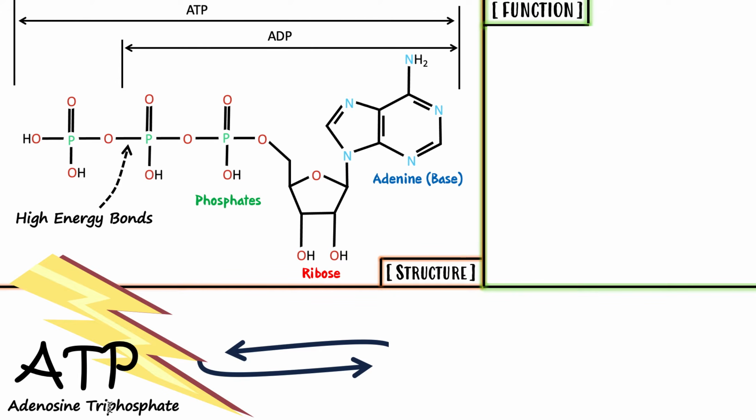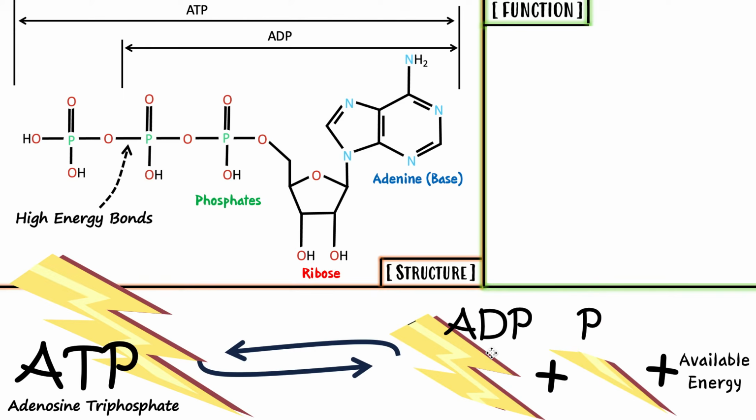So now, what is the difference? We can see here that ATP is adenosine triphosphate. ADP is the same structure, but only two phosphates. So notice, 1, 2, that would be ADP. ATP is 3 phosphates. So what's going on here? Basically, the bond connecting the phosphates to each other is a high energy bond. Inside these bonds is stored a lot of energy. So if we can remove this energy, then that will allow things to happen inside our cells. This is where the energy is stored in ATP, in this special high energy bond.